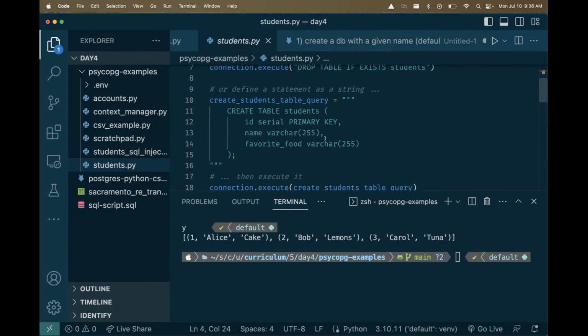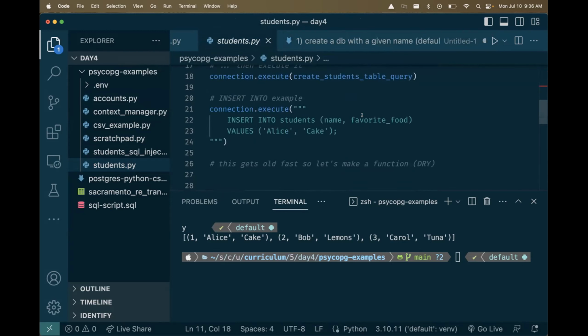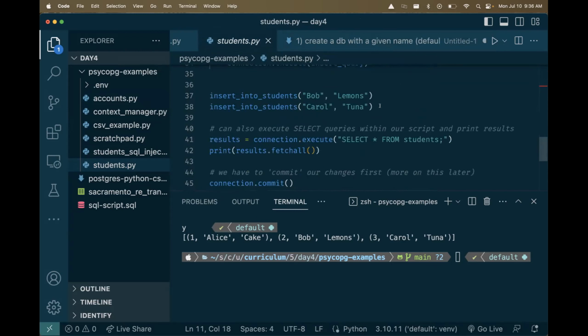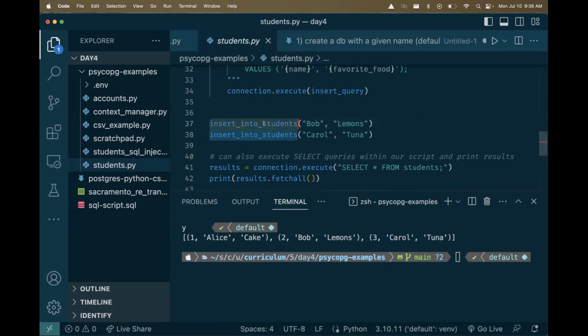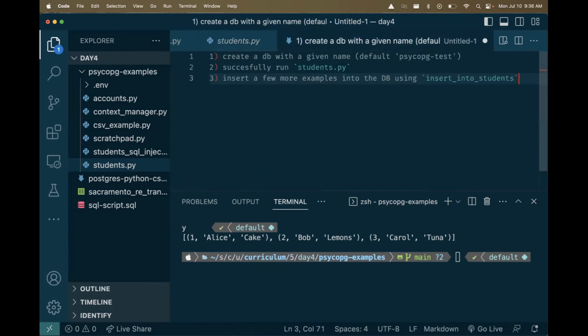let's leave the query exactly as it is. Let's leave the schema exactly as it is, but let's insert another 2 examples, or insert a few more examples into the DB using this function, insert into students. And then finally, 4, write and print a select query